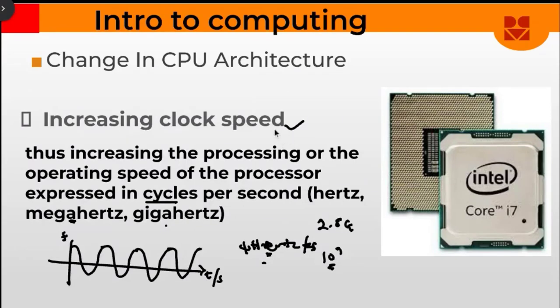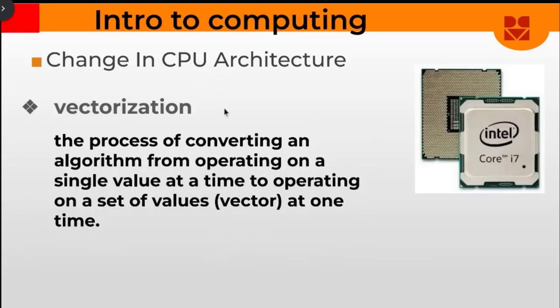So the clock speed can barely be pushed, which means that we have to look for other alternatives if we have to increase the capability of the processor. So the next thing that they had to do was vectorization,